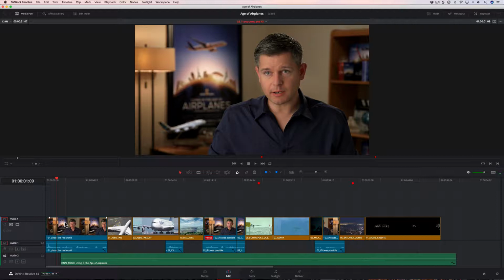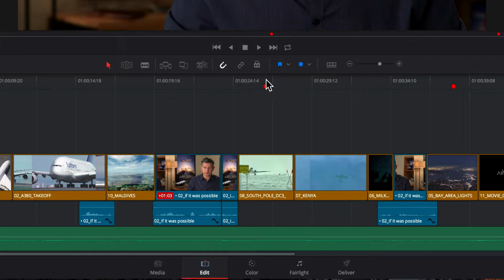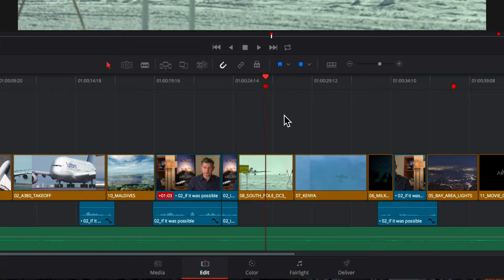Now, you do that on the first clip, and then for the next clip you go to this first red marker in the timeline here. So we can just click on it, and the cut that comes up, this is the play point, the point where you can start playing. And what we're going to do is add a transition between this 08 South Pole clip and the 07 Kenya clip. So first you play over it, and once you see it, you say, okay, now if you want to add a transition,